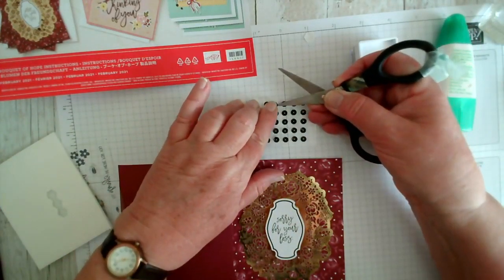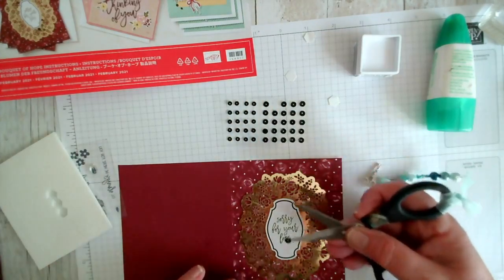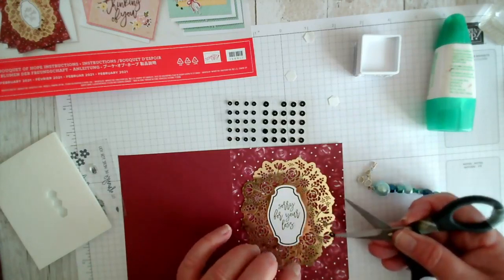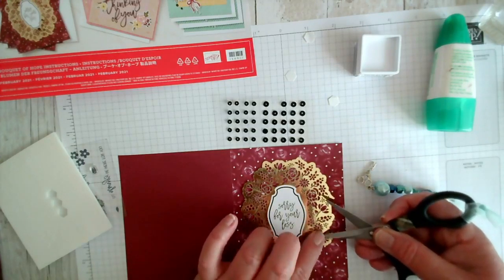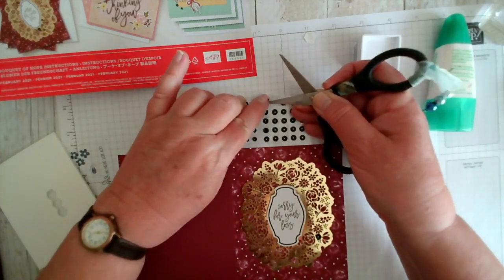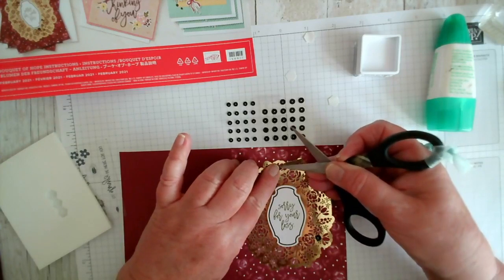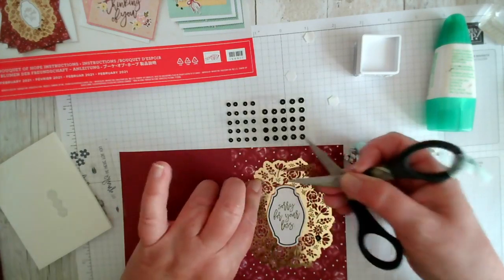So let's just pop on, they've just got them dotted around. 1, whoop. 2,